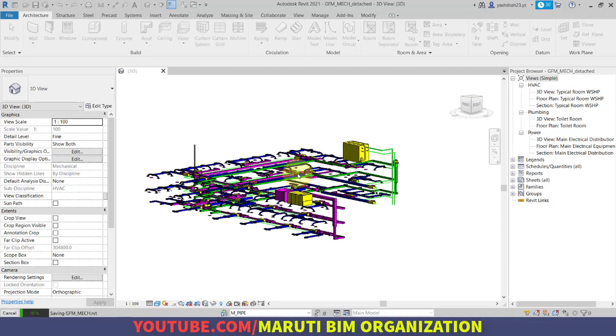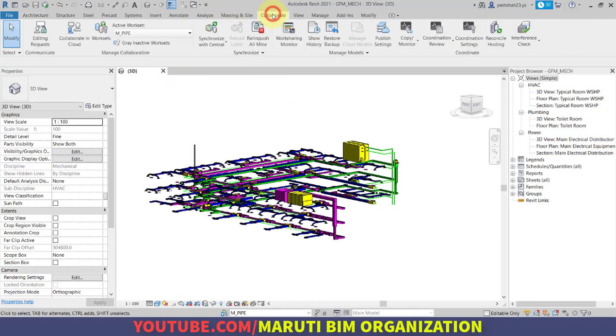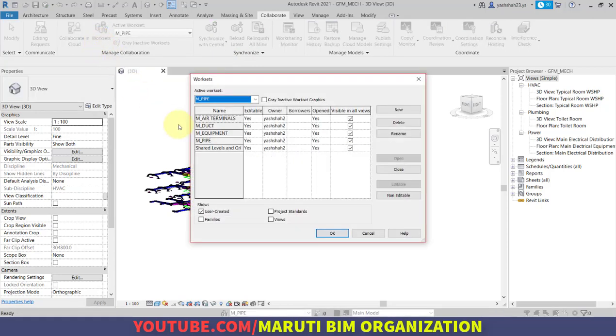Now the first thing that we will do is set up the workspace. We will set up worksets, and there are different types of worksets that you can create: design workset, fabrication workset, architectural link workset. In order to use worksets, click on Collaborate, and there is an option here, Workset. Click on Workset, and these 1, 2, 3, 4, 5 worksets are already there.